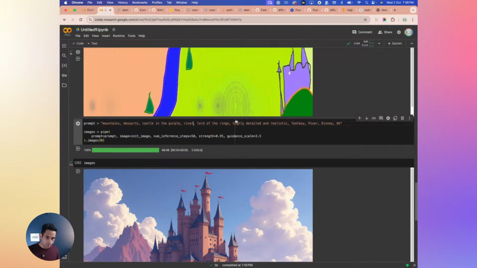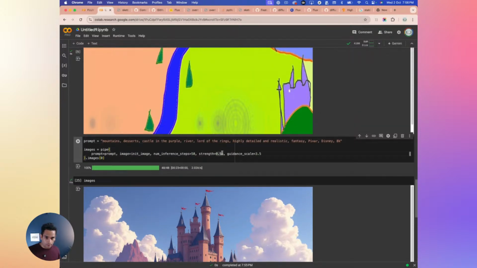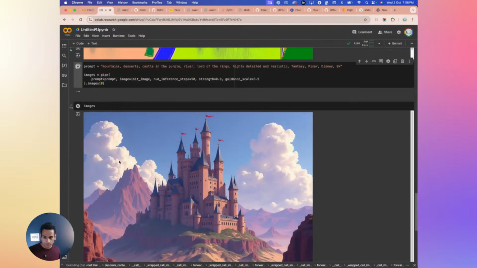river, and take down a little bit of freedom. Just too much freedom. If I take down too much freedom, also the results are not good. So